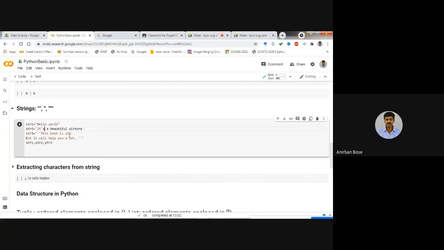Like this, it's. Suppose you want to write it's, then what will happen? The problem is that Python will understand that this is the end of this inverted comma. So that is why in that case, the single quote will not work. In that case, you have to put the double quote. So if you put the double quote, then there will be no problem. Clear? I have a question.